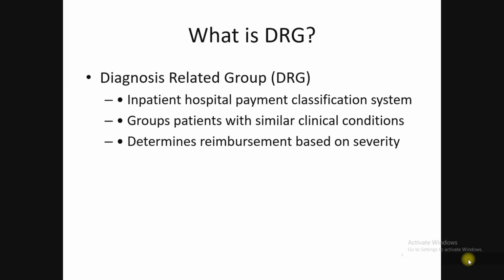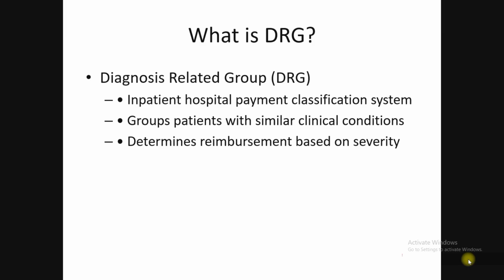So DRG is the inpatient hospital payment classification system. Based on DRG only, the hospital will get payment. So how do they divide the DRGs? For example, if two patients have similar or common clinical conditions, they will group those two patients into the same DRG using MS-DRG or APR-DRG, which will determine reimbursement based on severity. If the patient has more severe problems, they will get more reimbursement because of the service provided by